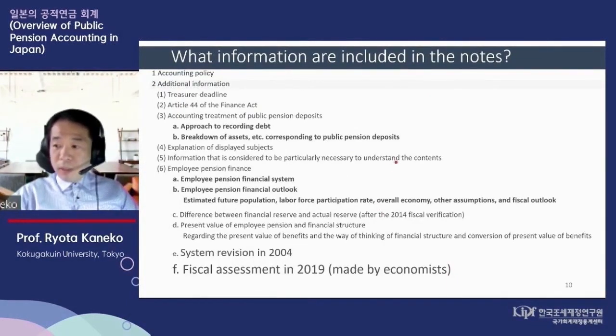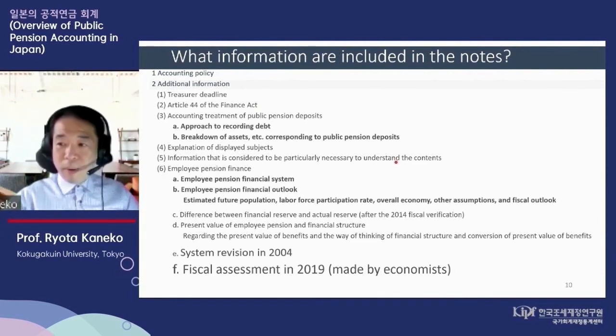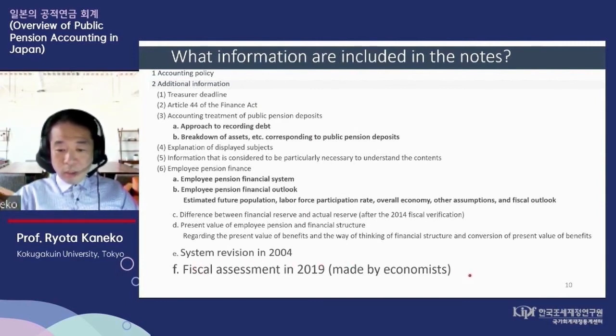But even in the balance sheet, some are recorded as liability, but the future pension payment is not recorded, and the future pension premium is not recorded on the asset side. So we do have a lot of additional information in the notes. The most important part is the fiscal assessment in 2019. It shows the future pension payment and future pension premium